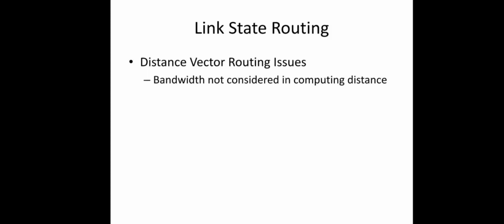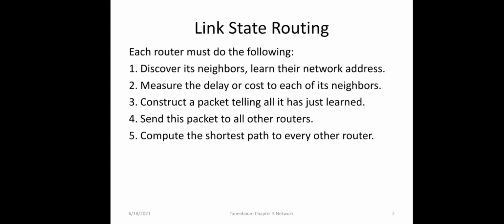And secondly, we have already seen the count to infinity problem, right? Too slow convergence in case of bad news. Because of these two reasons, distance vector routing was completely replaced by an entirely new algorithm, that is link state routing. So in case of link state routing, the complete topology and all the delays to every other router were experimentally measured and distributed to every router. So after this procedure, every router knows the complete topology of the subnet and the delays to every other router. And after that, algorithms like Dijkstra's algorithm can be used to find the shortest path to every router.